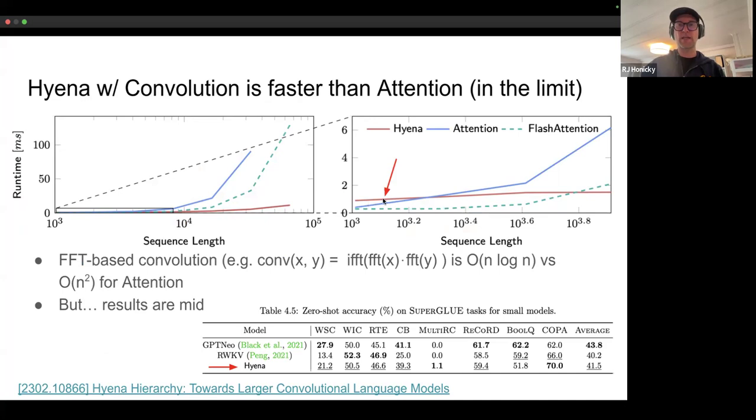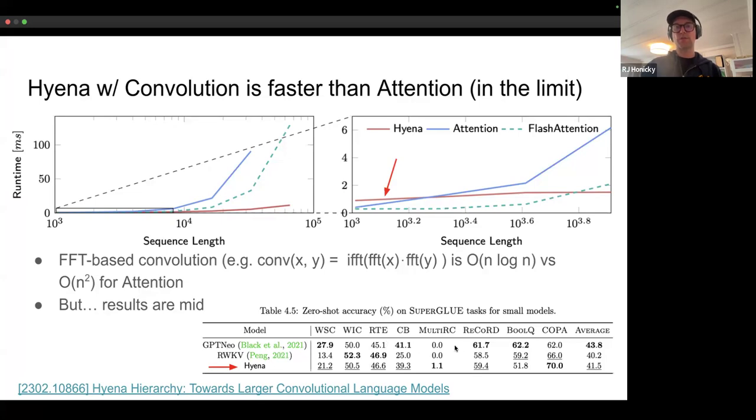If you look at Hyena here, it's actually slower than FlashAttention until you get to about 10 to the 3.8, which is probably about 5,000 or so context length. And also notice the performance, although they claim it's a surrogate for attention, it doesn't actually do as well as